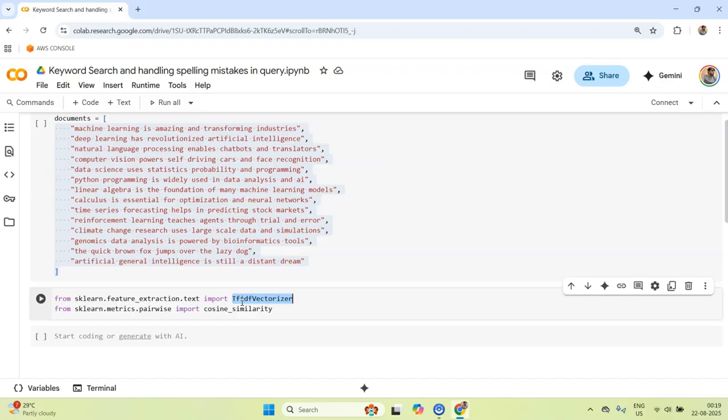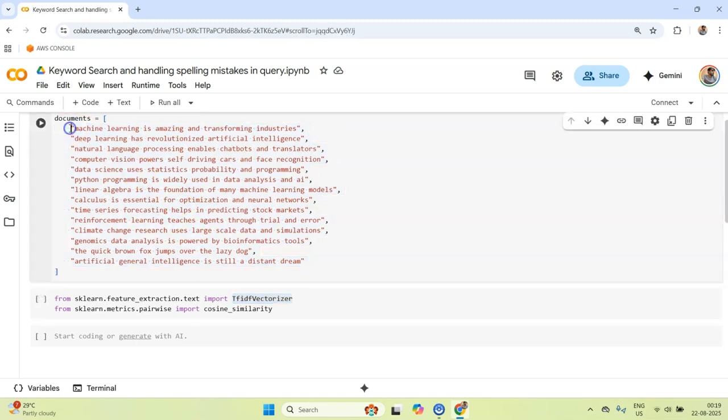Now, just a little bit of introduction of the TF-IDF based vectorizer. The way it works is you take your document and you vectorize it in the form of term count, term frequency, and it is not stopping there. It also adjusts those frequencies based on how rare or how frequent those words are.